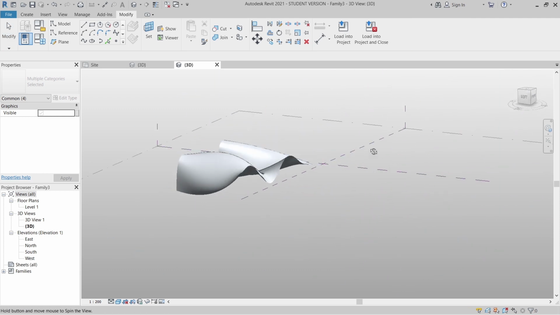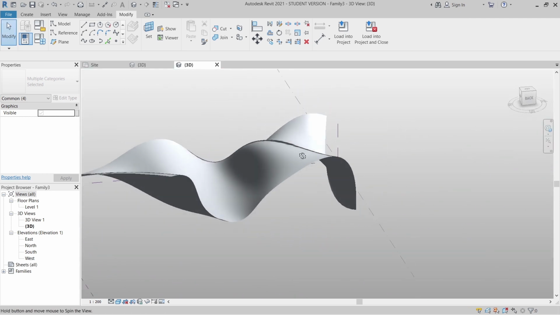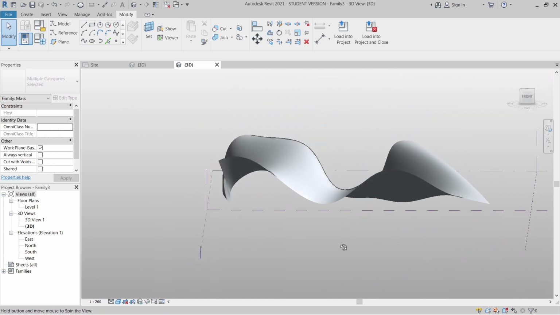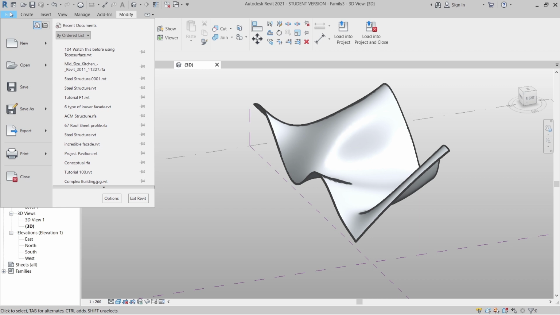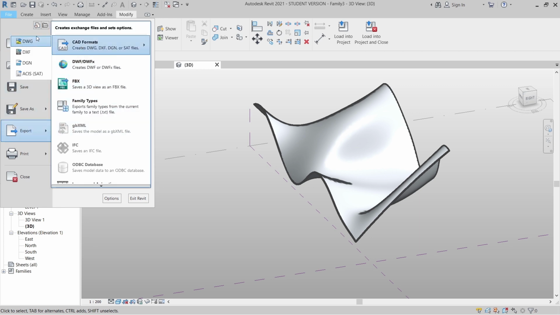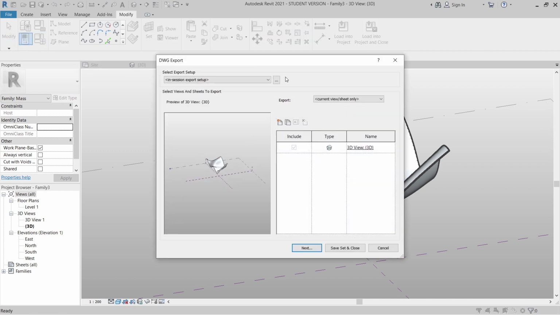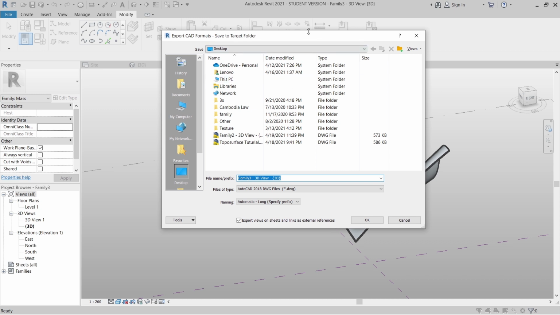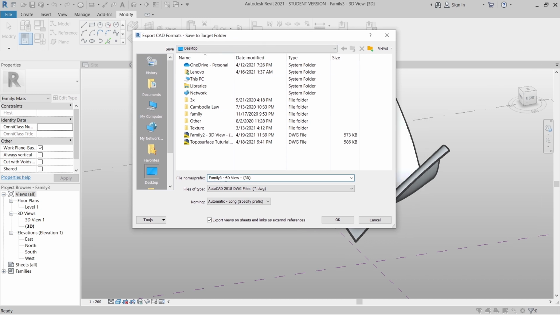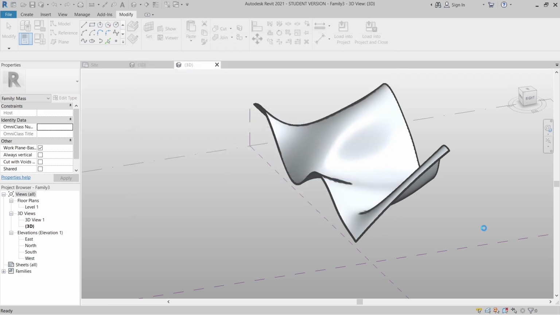As you can see here, now I've got my complex shape with my concept zoom mask. So I will transfer our shape here into our topo surface. I just go to my file there. I need to export from the Revit family to a DWG file first, then go to CAD formats, DWG. Then I'm just going to use Next. Then Revit will ask me what location I want to select. I will just change this one to tutorial like this. It's okay.